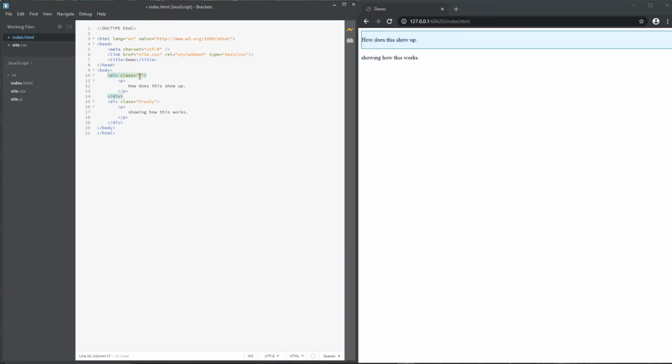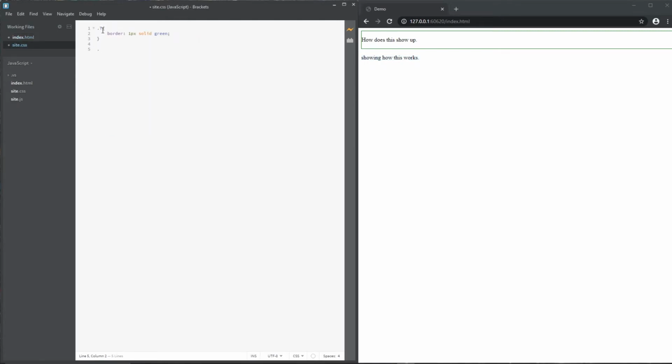Okay, so because I have a class named Frosty and a class named T, these two can have either the same rule. So for instance, all I would have to do is say comma, dot, and then Frosty, and now they both have this exact same rule. But say that I wanted to have something else, like we'll say Frosty in this instance has, let me bring that back, has a background